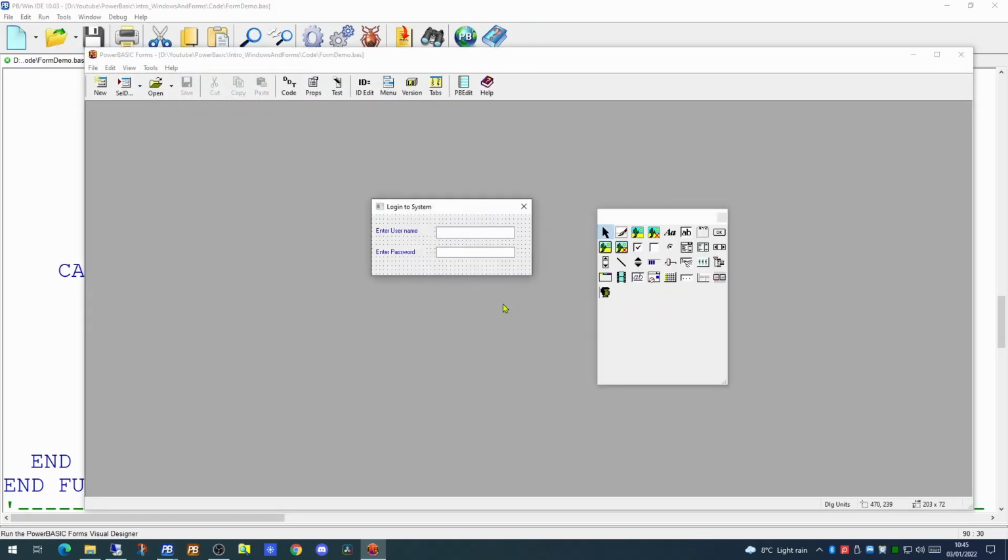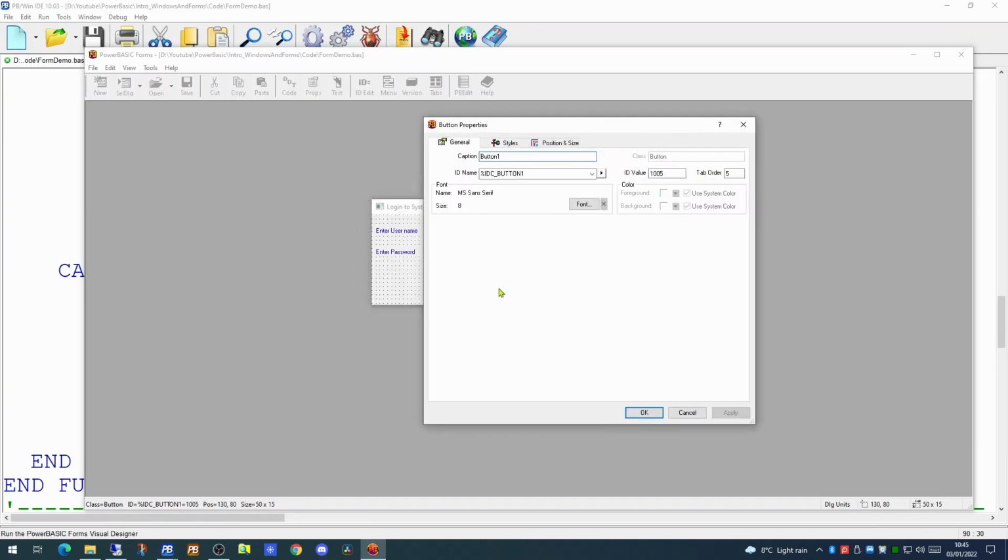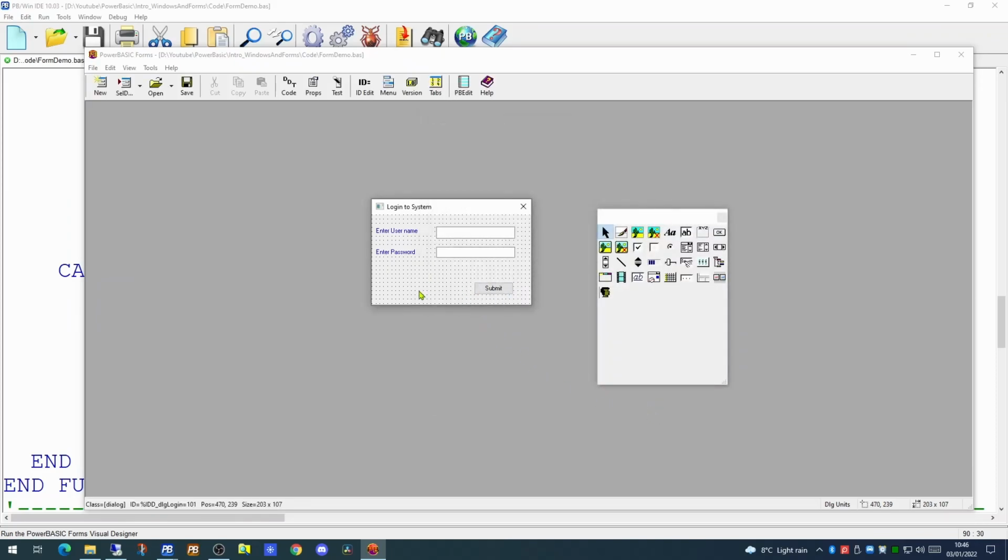So we go back to the form designer and it displays the dialog as it currently stands. So we make our dialog a little bit bigger, and you will see on our Windows controls there is a button. If we double click on that, it gives us a button. It gives us a caption, so we're going to call that submit, and we have an option for the name. And if we click on the drop down, we will see these are a number of constants which either exist within the application itself or are within PowerBasic. If we just pick the ID OK and hit the OK button on that,